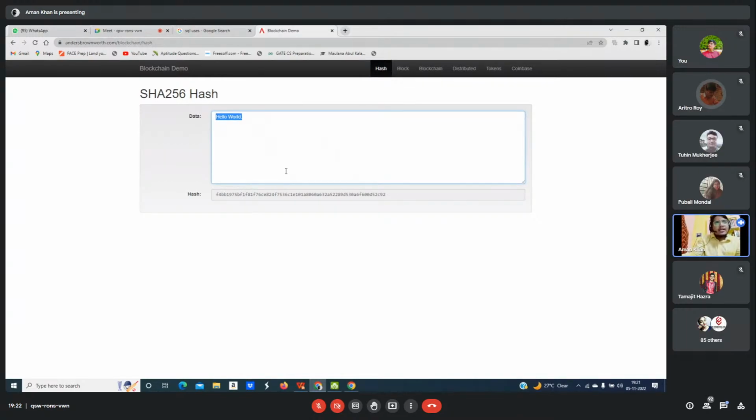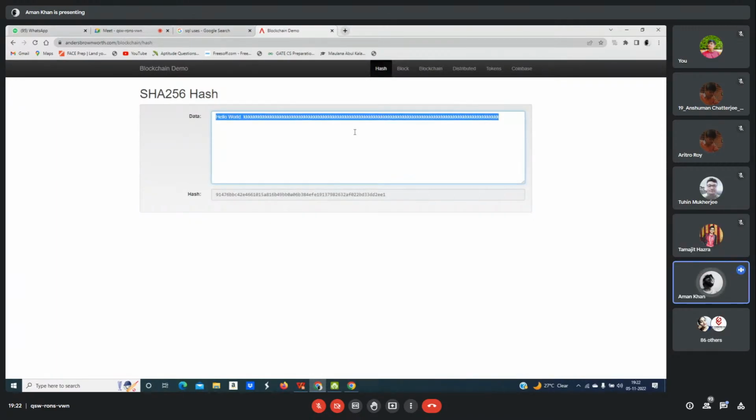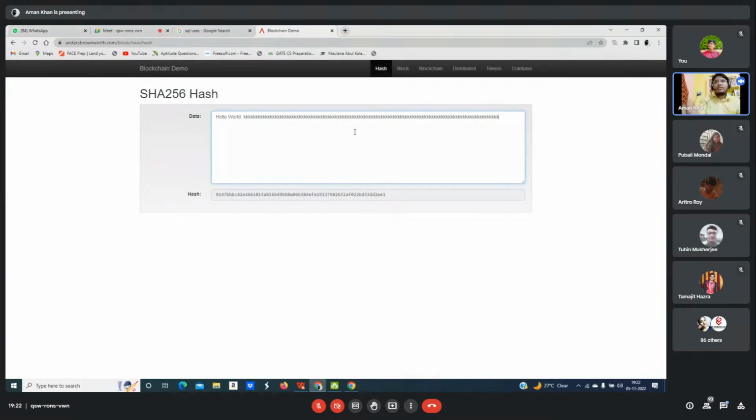So this is what we can see. And I also said that it is irrelevant of the size. So for example, I am just taking a long string. You might say I am adding long values, but the length of the hash value is not changing. It's just inside these limits. So if I just keep adding more values like this,